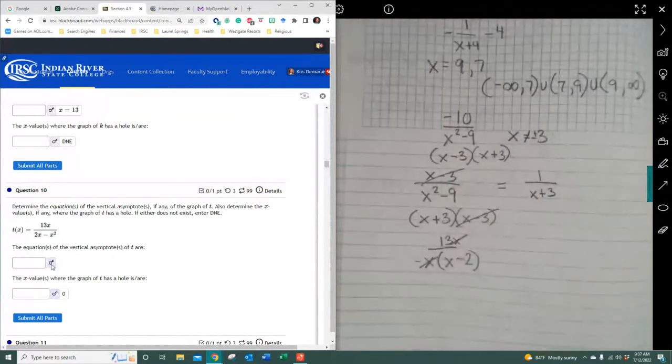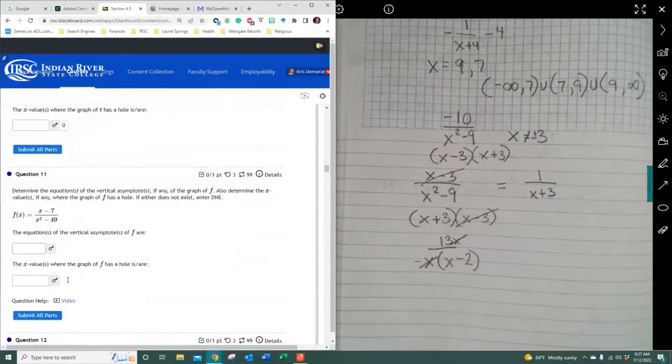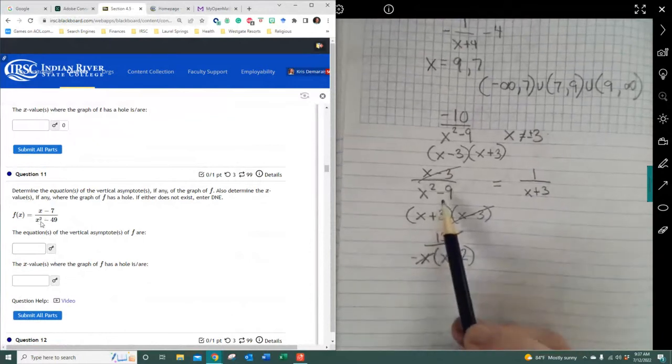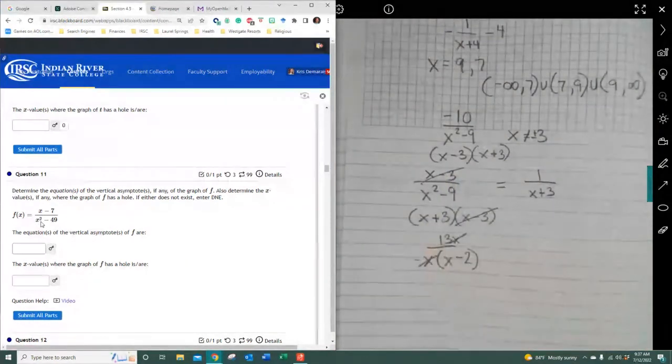All right, and the vertical asymptote is going to be at x equals 2. We discussed that already. So we're looking at a lot of different properties, right? Here you're going to have that situation I gave you here. This is the same exact thing, but it's going to be with the -7 rather than -3. So we're going to have a hole at the value of 7, and then of course x equals -7 is a